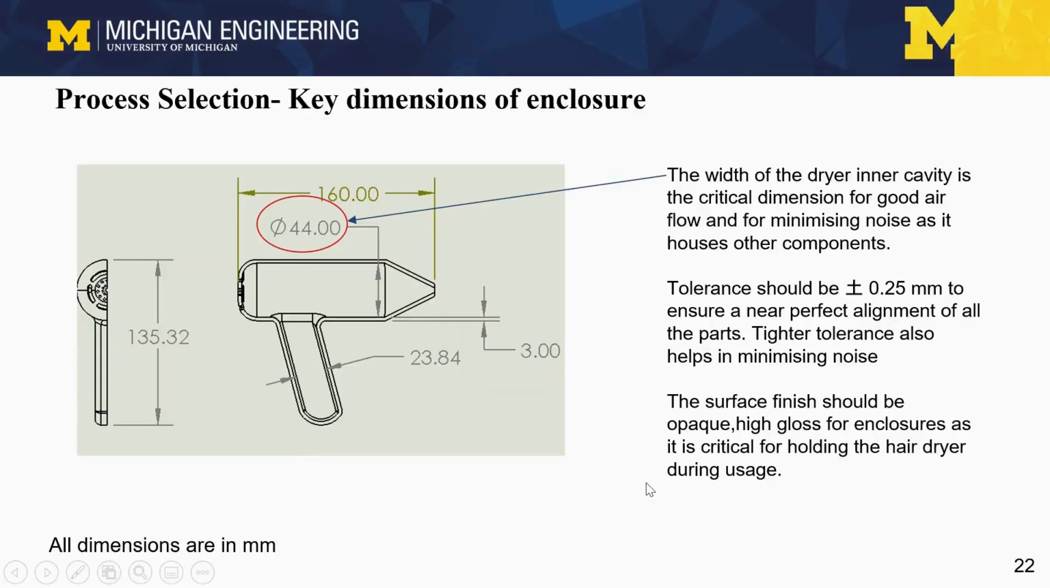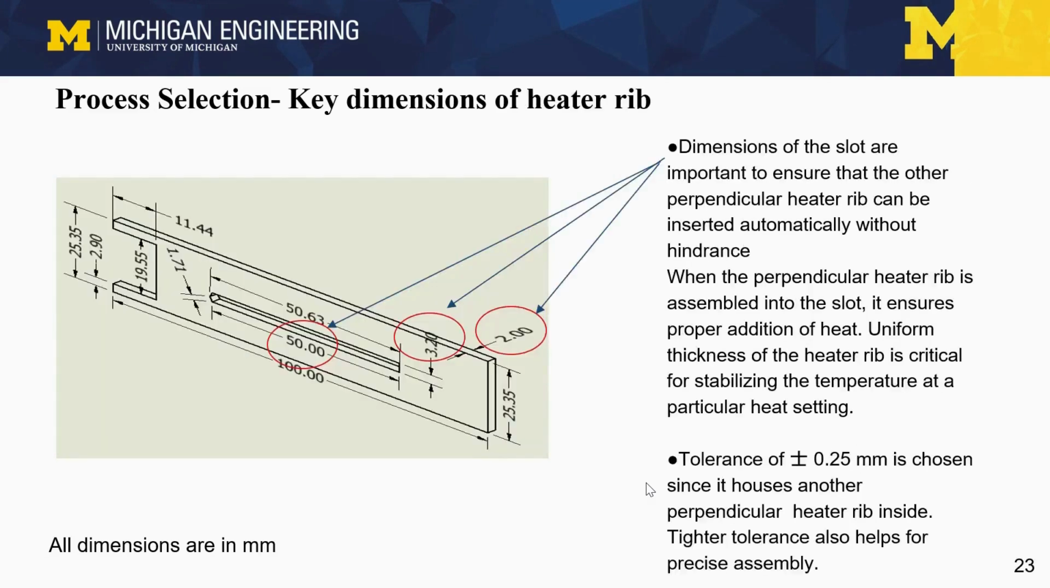Coming to the process selection, the two parts that are chosen are the enclosure and the heater rib. Referring to the function component mapping matrix, the width of the dryer inner cavity is critical for ensuring good airflow and also for minimizing the noise. The tolerance is plus or minus 0.2 mm and the surface finish is opaque high gloss. Coming to the heater rib, the dimensions of the slot are critical for ensuring proper insertion of the perpendicular heater rib. This ensures that there is proper addition of heat and also there is proper stability of the temperature at